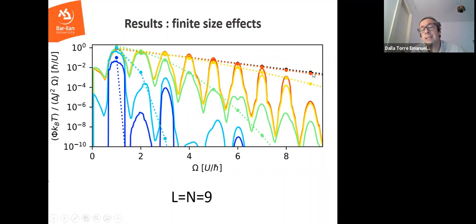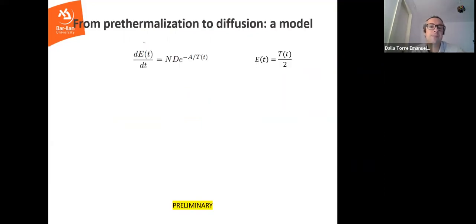With the blue, the yellow and the red, you see that the green is only qualitatively correct, and the blue is really out of the game. So at low temperatures, you cannot use the semi-classical approximation to simulate a low temperature many-body quantum system. I think it would be very bad for us if this was the case. But at least in the high temperature regime, there is a well-controlled expansion.